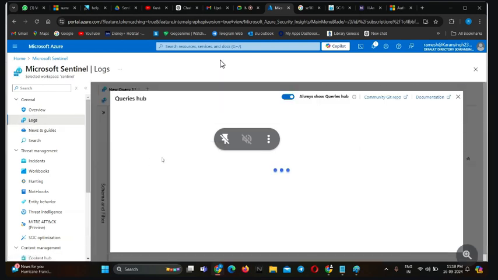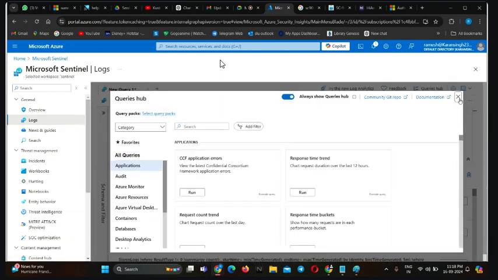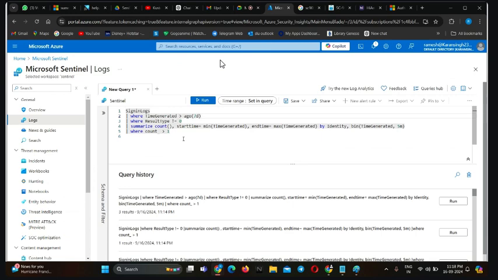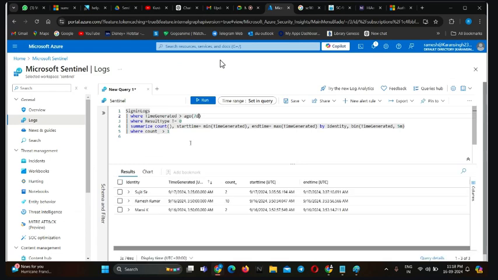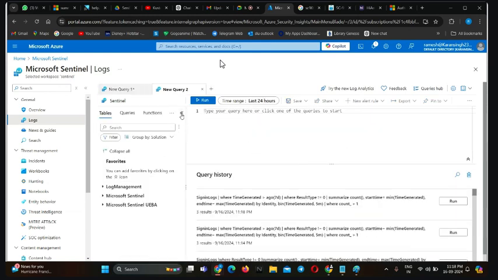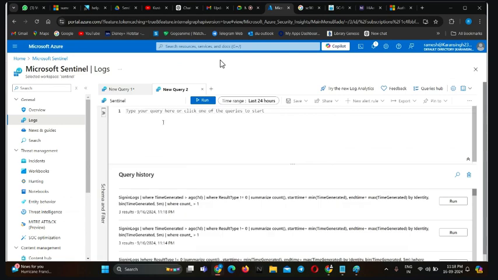I'll just try to create another thing. Now you learned about this, right? Now create, just click on the plus button. I'll try to do something on security incidents, because most of the time, in the initial days at least after implementation,